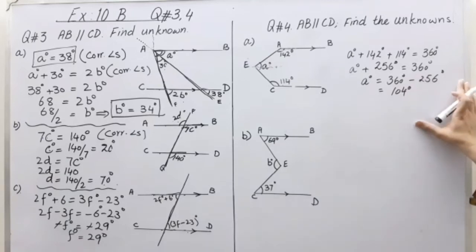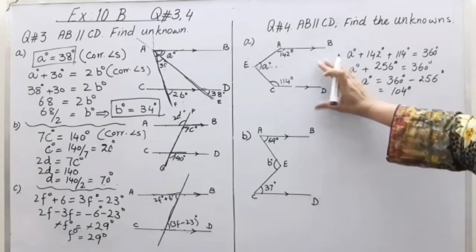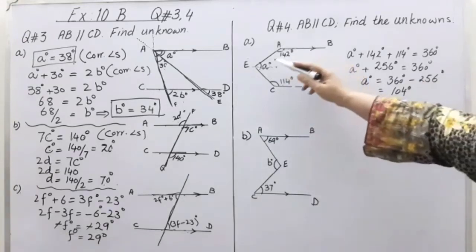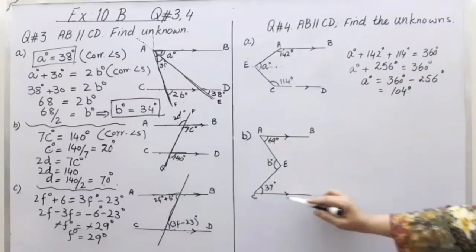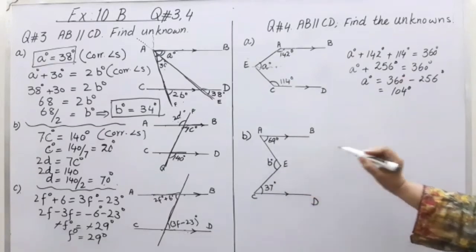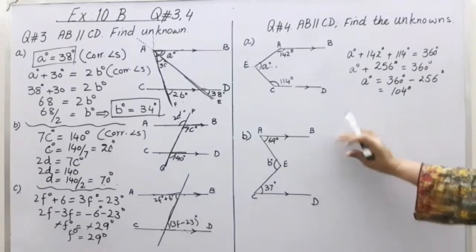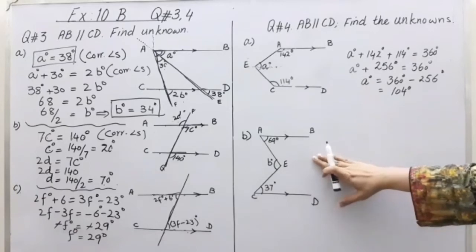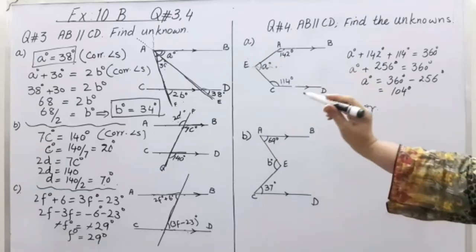This is one way you can do this, and the second way, the simple one, you learn it. These are two special types of angles. When you see this type of angle, this shape, you add them up and put them equal to 360, and when you see this type of angle, this B is equal to this plus this. In the previous video you can see these special types of angle, otherwise you can solve this question like this.